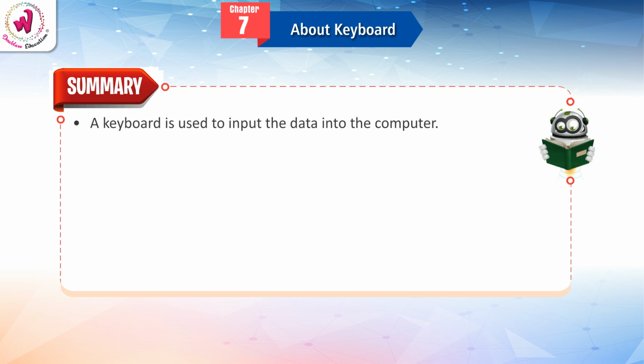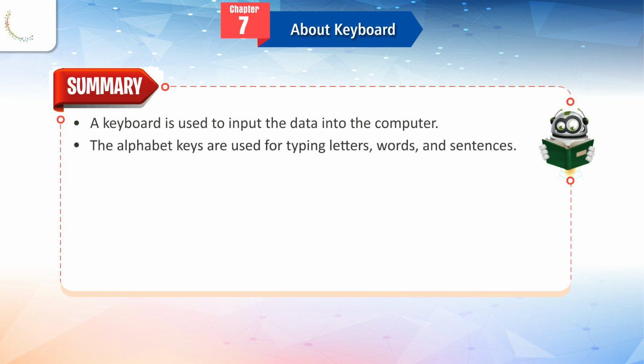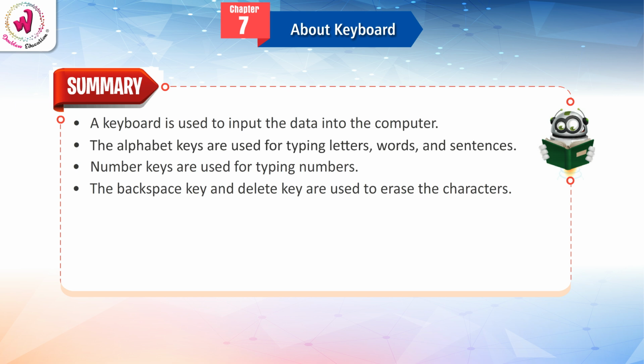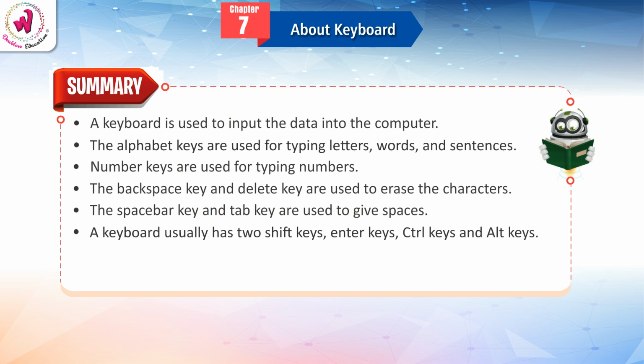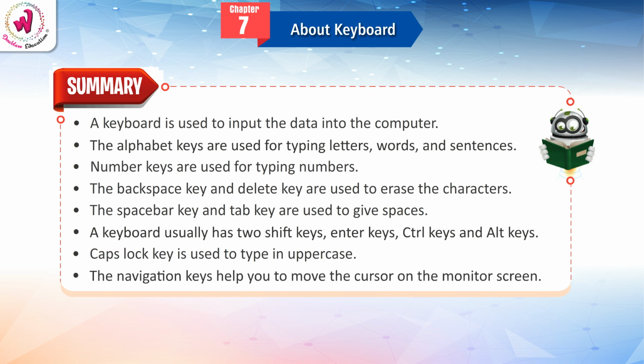Summary. A keyboard is used to input the data into the computer. The alphabet keys are used for typing letters, words and sentences. Number keys are used for typing numbers. The backspace key and delete key are used to erase the characters. The spacebar key and tab key are used to give spaces. A keyboard usually has 2 shift keys, enter keys, control keys and alt keys. Caps lock key is used to type in uppercase. The navigation keys help you to move the cursor on the monitor's